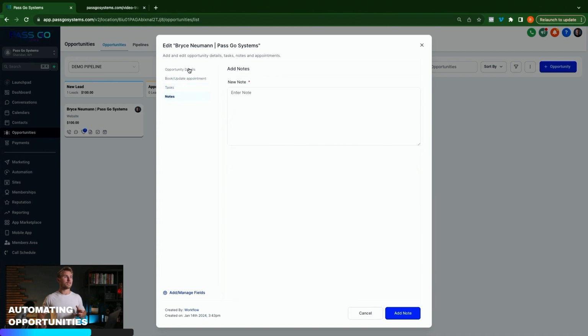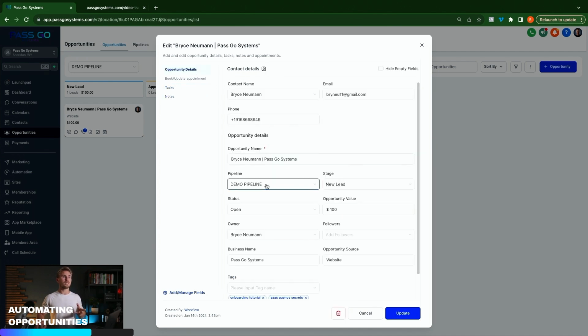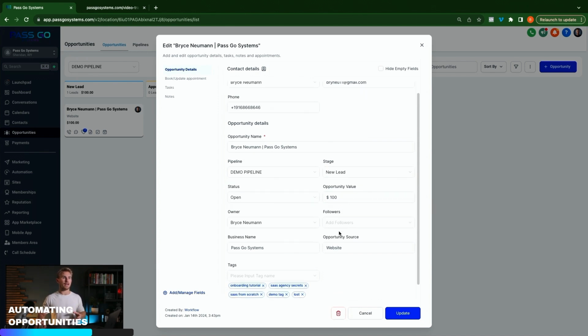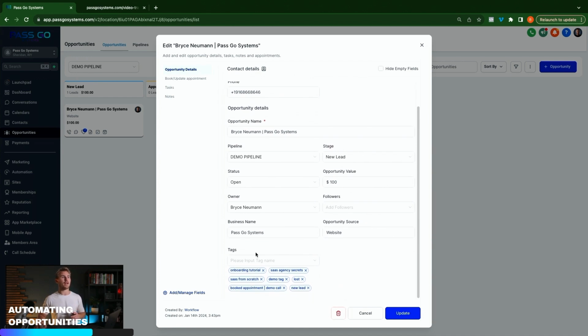We didn't have notes, but we do have what stage of the pipeline it's in. So it's a new lead. It's open. The opportunity value is $100 and it was from the website. So that's the opportunity source. And then this was a previous contact that I had created based on all of the information that I've been